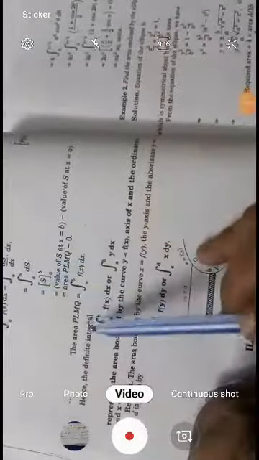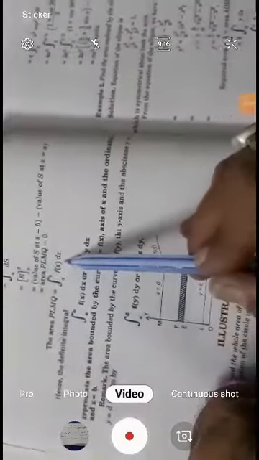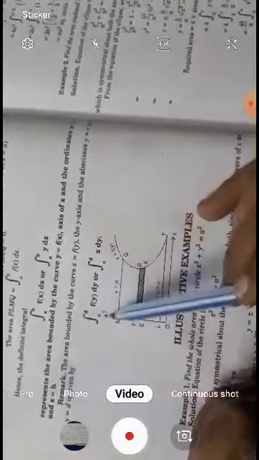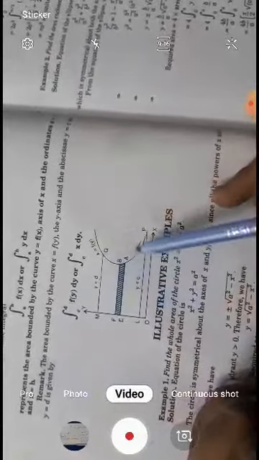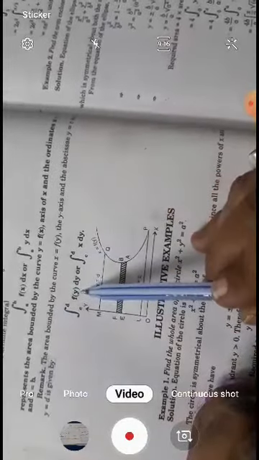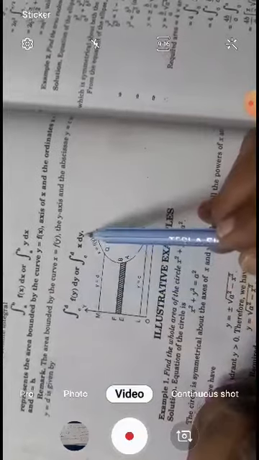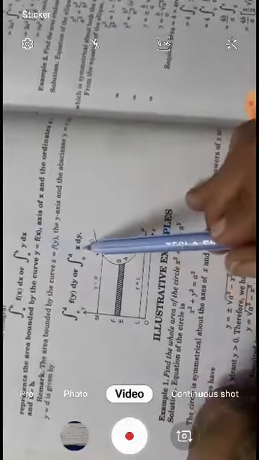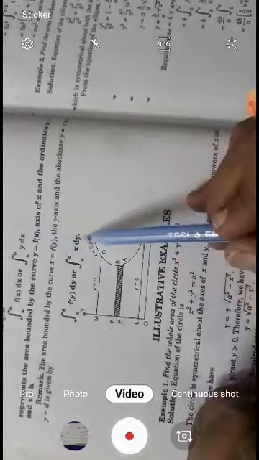After that, this is the area in the form of f(x). If y is equal to f(x), the area bounded by the ordinates x is equal to a and x is equal to b, then in terms of y it is like f(y) dy or x dy. Here y dx and here x dy. It means that the function is in the form of y is equal to f(x) as well as x is equal to f(y). Now how to do?